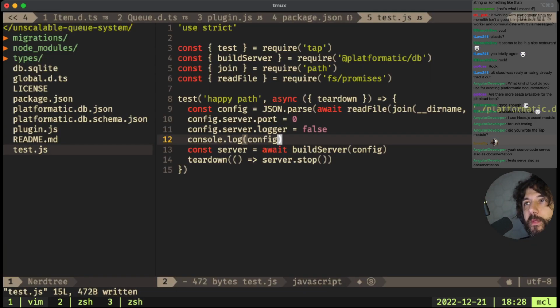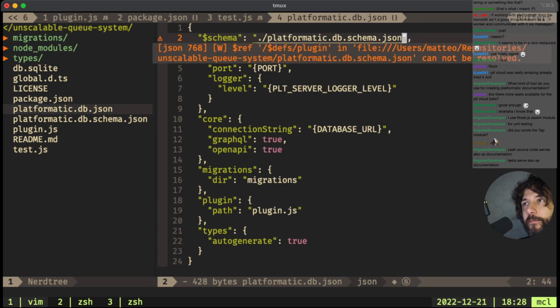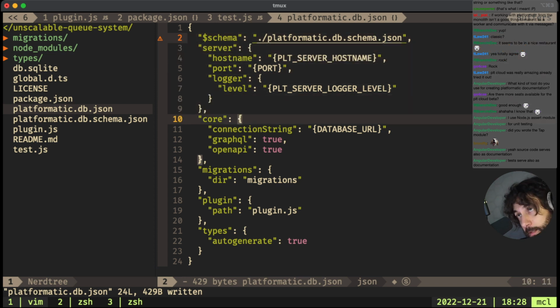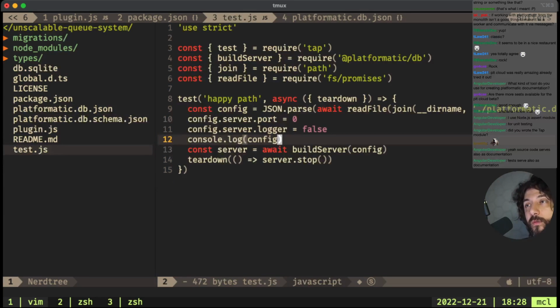Yeah, of course. Because if you look at the configuration of Platformatic, it's interesting. So when we are doing it here, it's not connection string database URL. Yeah, it's not pointing to a database URL correctly, which means that we probably need to tweak it in our config here.